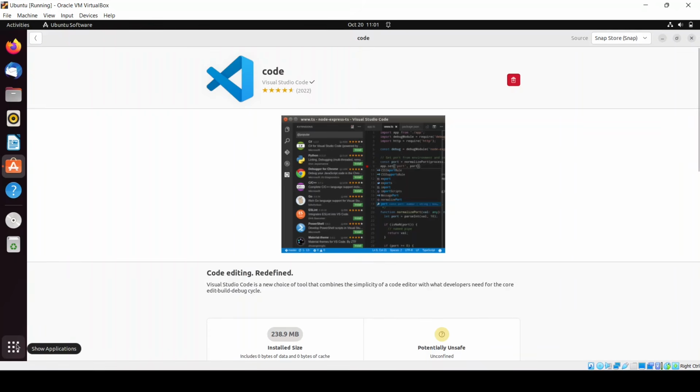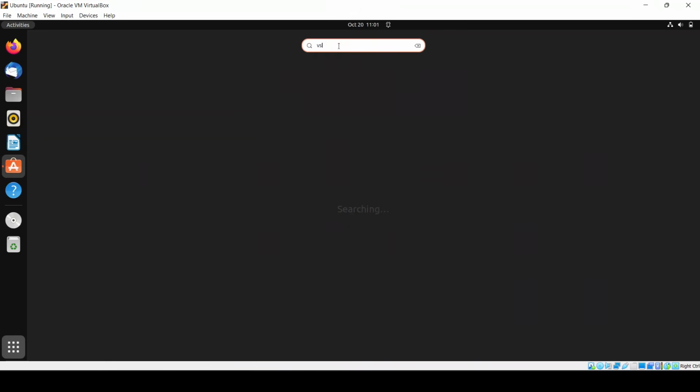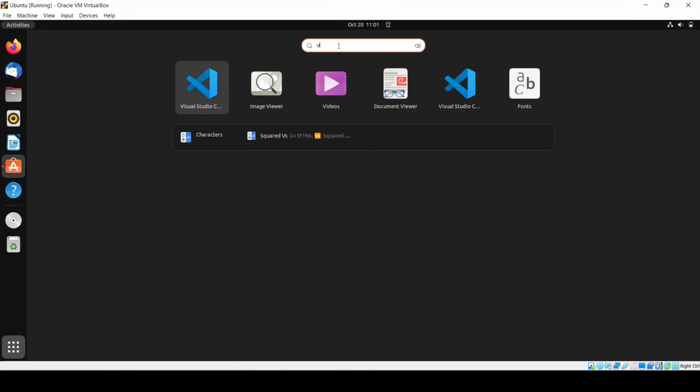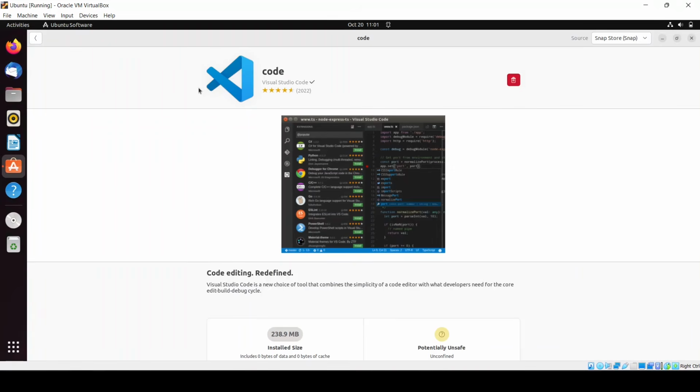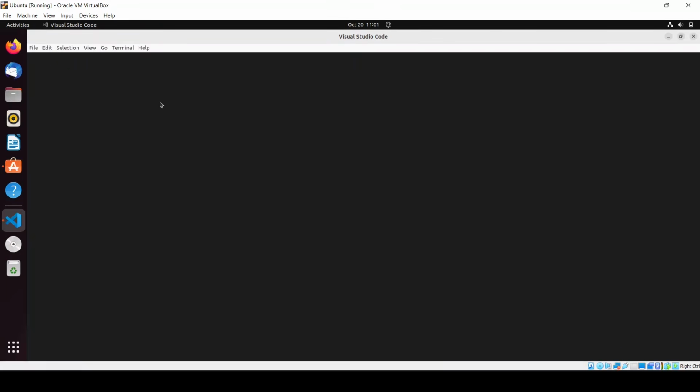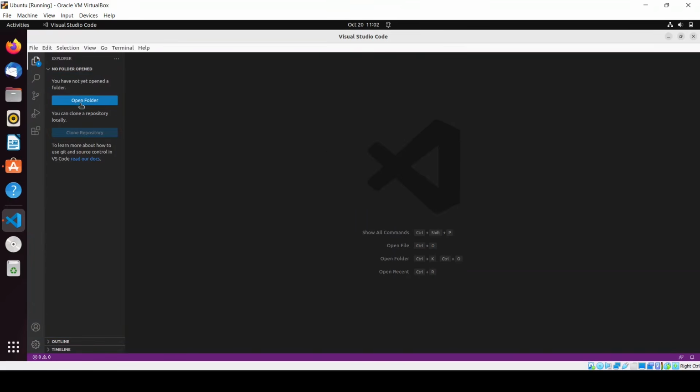Now we just click on show applications, and here search for VS Code or Visual Studio. Yeah, here you can see Visual Studio Code. Now just click on it and it will open up like this. Okay, so here you can see you need to open some folder. Let me click on open folder,